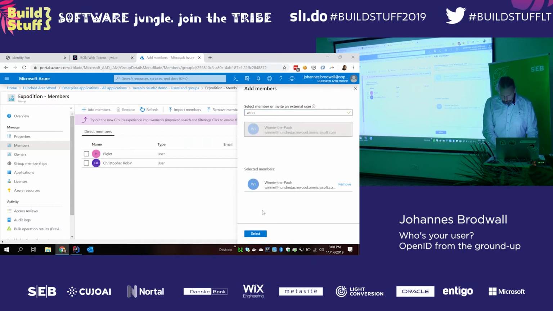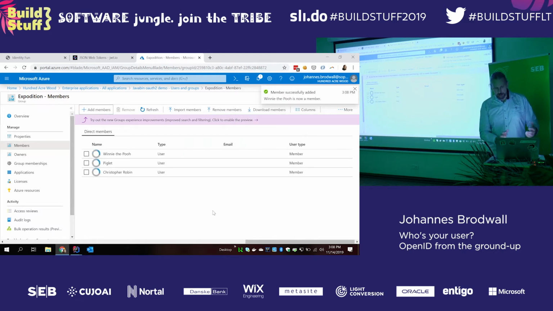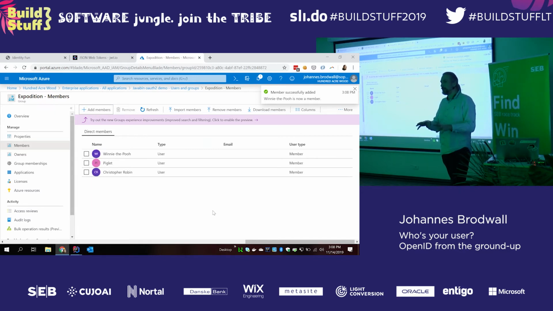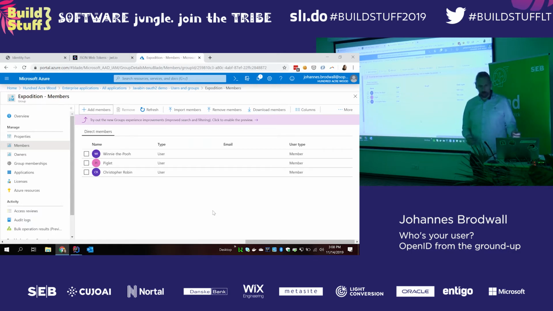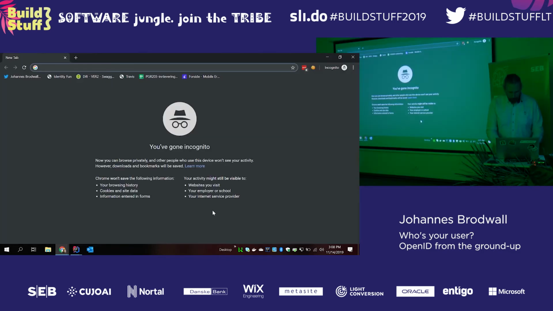And I think I need to reiterate this many times: because the application lives in Suprastereo Active Directory, this is an administrative task in the 100-acre wood Active Directory. As the application publisher, I have nothing to do with this. This is purely what the client organizations choose to do. So now, if I return to my demo application,